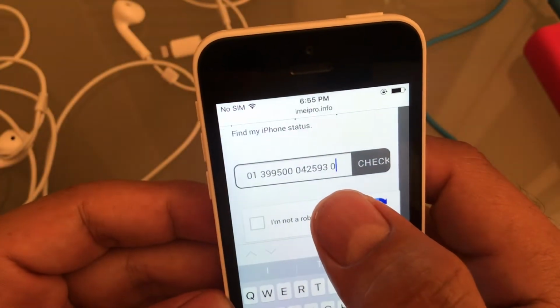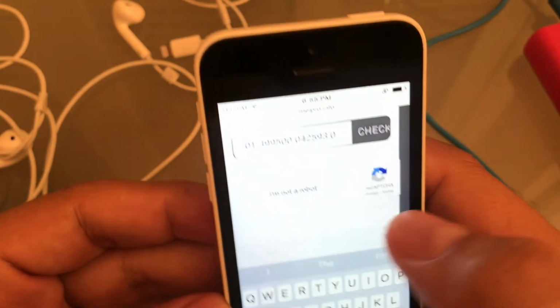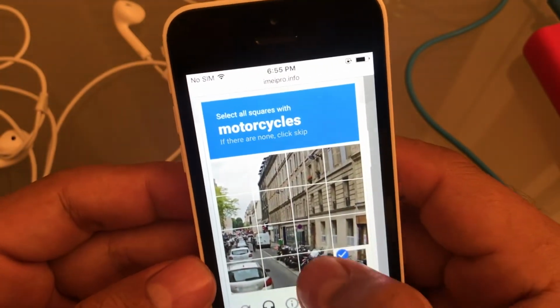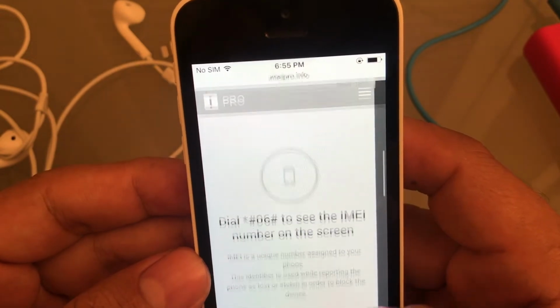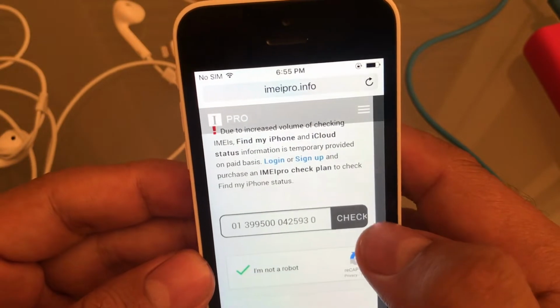So now you have your IMEI number, but there's a security check here from Google, so you need to select this and answer whatever question. So motorcycles, okay, I have the motorcycles right there, and that's it. Got verify, and it's here, and I have the IMEI number here. I'm gonna click check,